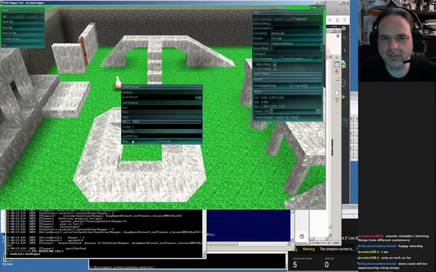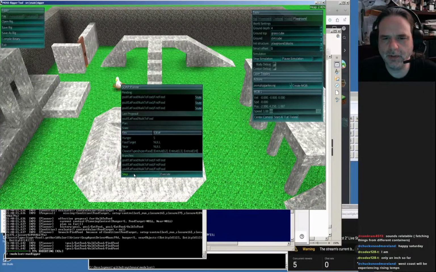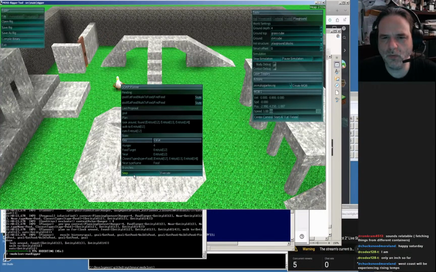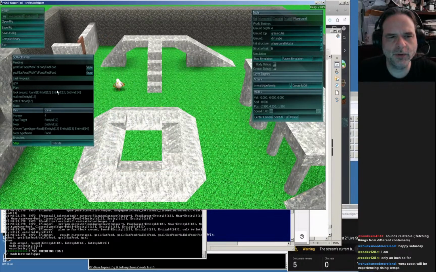All right, so step. Is it going to blow up? Step. No! And it actually worked. So the problem with the way I've just done it,